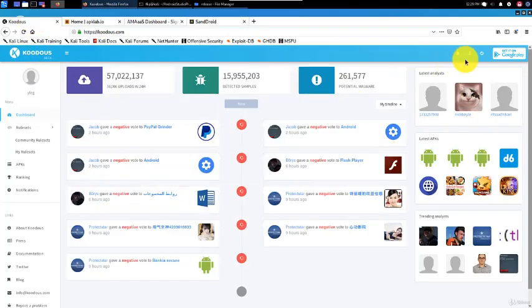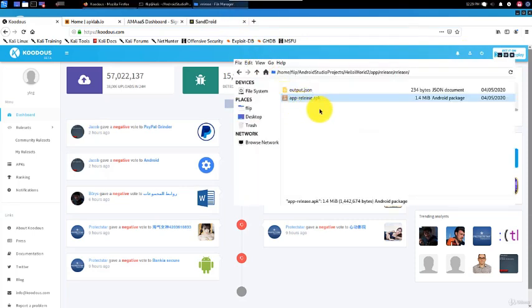So with all of these tools, you can get an APK. You upload it, and it automatically performs static and dynamic analysis for you and produces a report. The report will show you what potentially malicious behavior was identified through static and dynamic analysis. So these are publicly available and they're online.